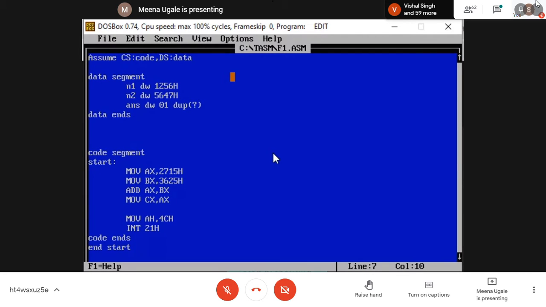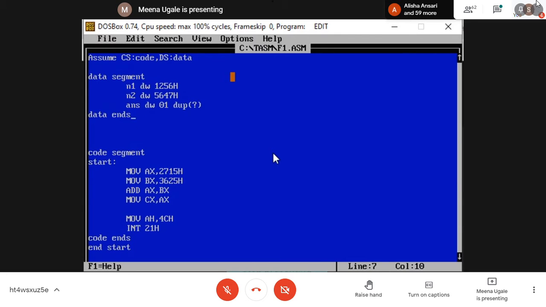So what I'm doing, I'm telling my assembler to reserve 1 memory location of DW type, word type, with the DUP assembler directive, and in the bracket I'm putting a question mark, which is telling it to just assign undefined data. It may go to 00 also. Or if you want, you can write 00 in the bracket. I don't know, I'm putting a question mark. End the data segment with the assembler directive ENDS, data ends.